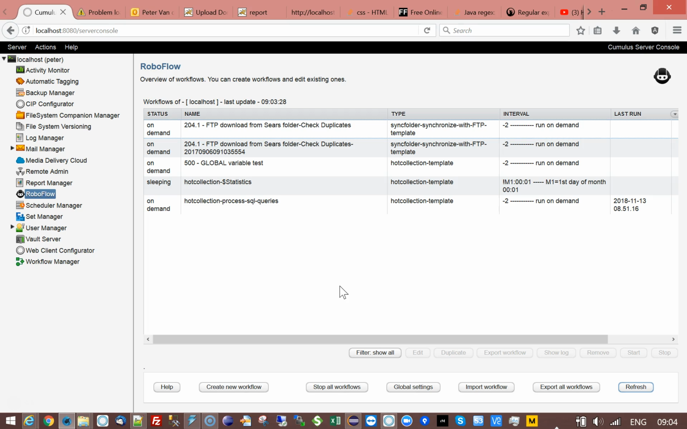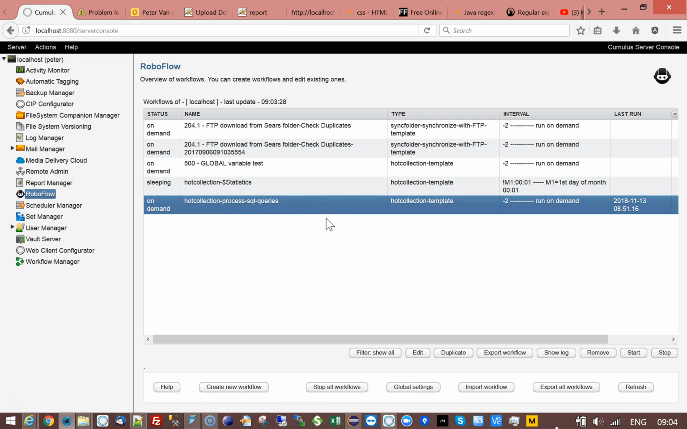In this training movie, I will show you how to export metadata from Cumulus to an SQL database. Before we start, working with an SQL database in Roboflow is configured and available out of the box, but of course behind the scenes,